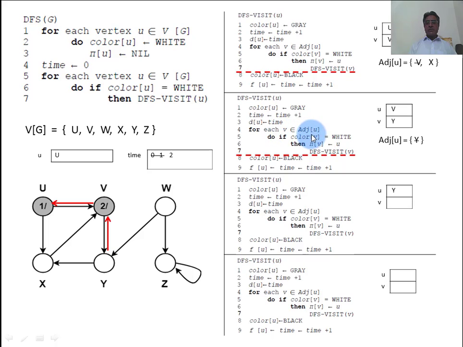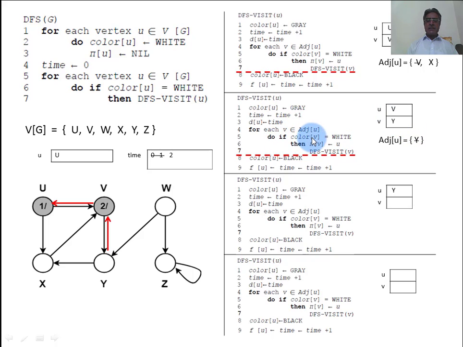For each v belongs to adjacent of u. Here u is capital V, and the adjacent of capital V is only one vertex, Y. So adjacent of u contains only one vertex, Y. So for each v belongs to adjacent of u, that is v belongs to capital Y. Yes, in v we have the variable capital Y. We have taken it from this set.